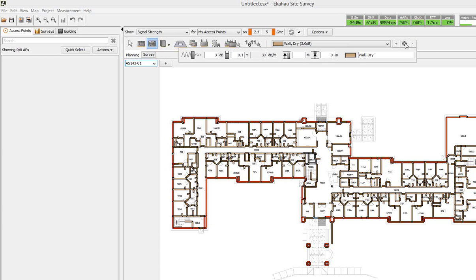Attenuation of the wall, width of the wall, total attenuation factor, height of the wall from the ceiling, and the name of the wall material and its color. So everything is now nicely configurable, and you can edit the complete or the entire set of this wall material. So you could change all the dry walls, or you could just change one of the segments into something else